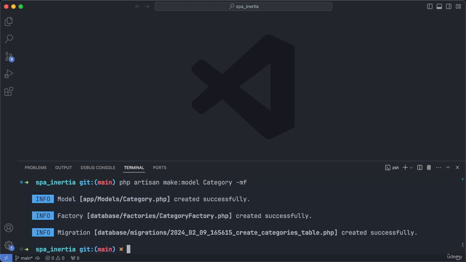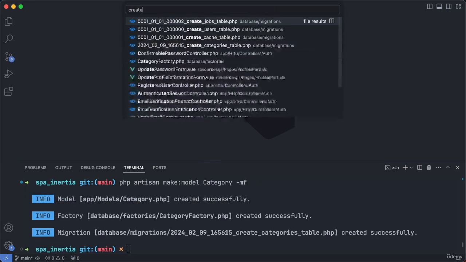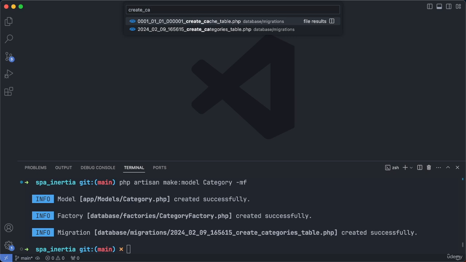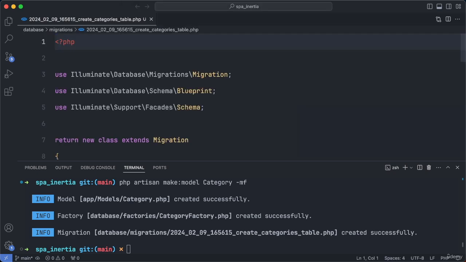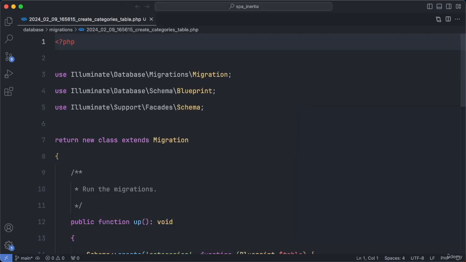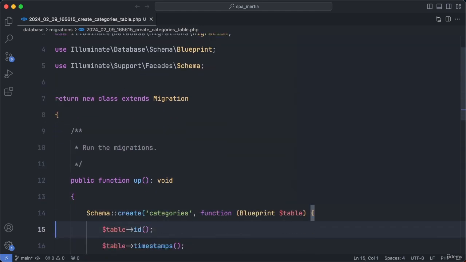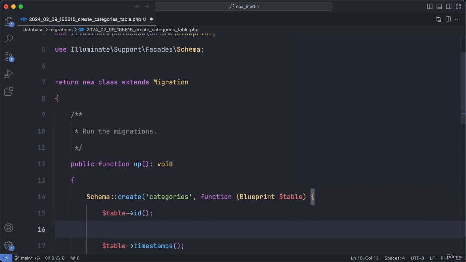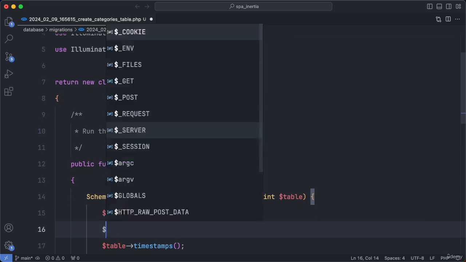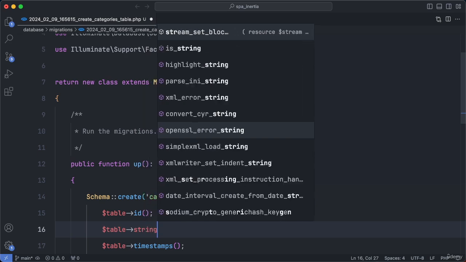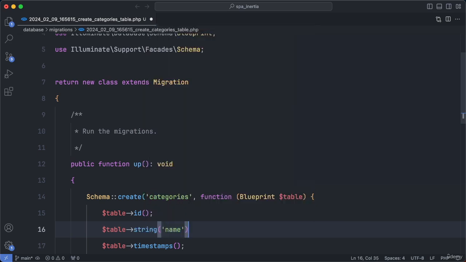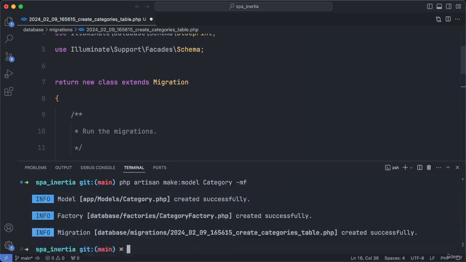Okay, once created, let's open up the Create Categories table migration. Then add a column in type of string called name. Next, let's switch back over to our terminal